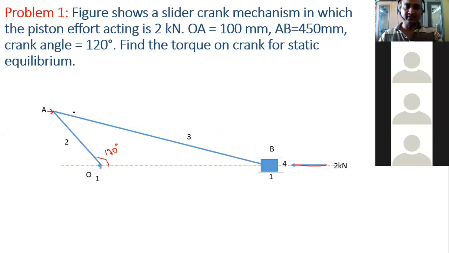The second is exerting force on the third. See, this is the second link exerting force on the third, that is F23. The third link exerting force on link number 4 is F34. In the reverse way, 4 exerting force on 3 is F43. 3 on 2 is F32. Link number 1, the fixed link, is also exerting some force on link number 4 because of its motion. That is F14, or in the reverse way, F41. So that way, we have to now mention the forces in the figure. Now we'll solve the problem.